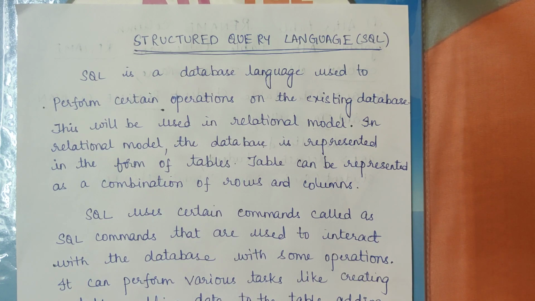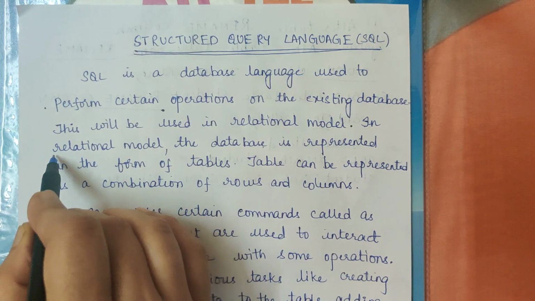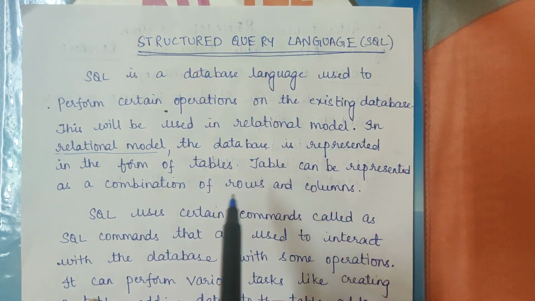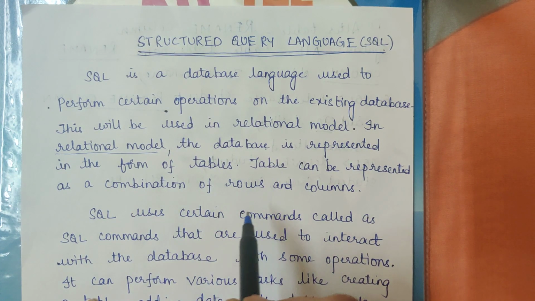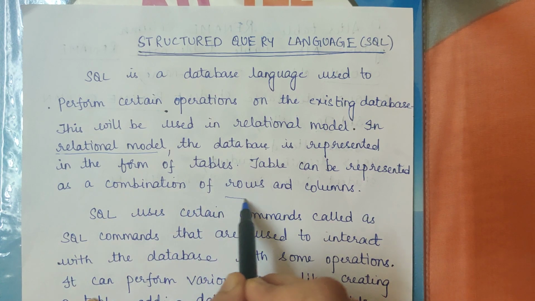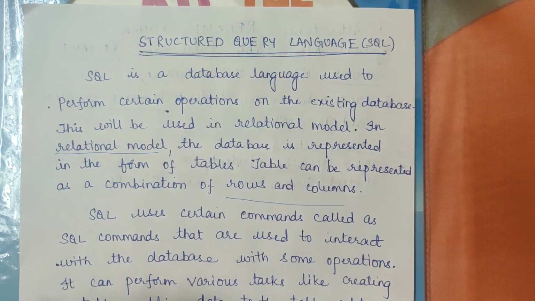So as we know, the data is mainly stored in different types of models, and the most widely used model is the relational model, in which the data is stored in the form of tables. Tables can be represented as a combination of rows and columns. The name itself is indicating structured query language, and the table itself will be in a very structured and organized